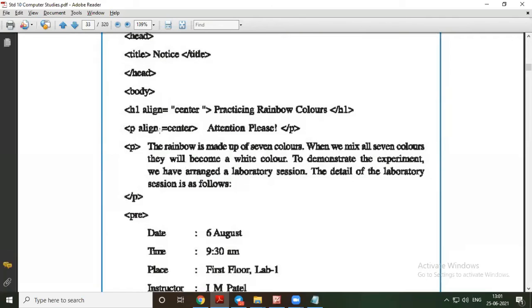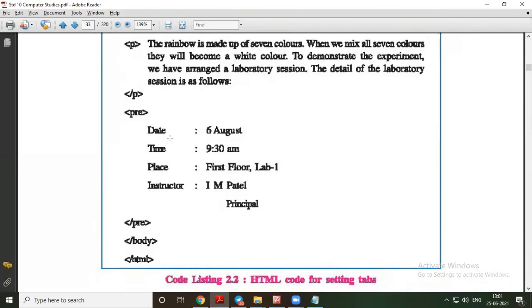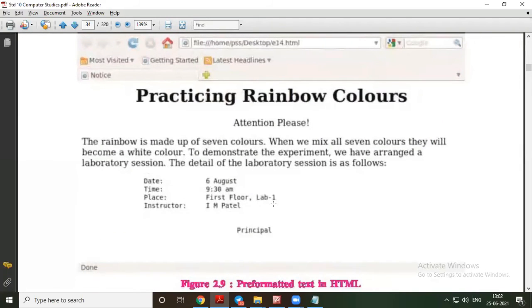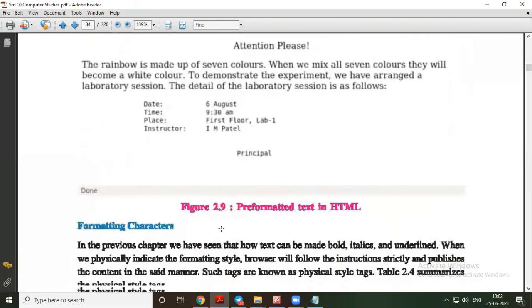Now, with the p tag, the paragraph, you can use the align attribute. With the font tag also you can use this alignment, and with the table tag also. It is not that one attribute can be used with only one particular tag; you can use the same attribute with multiple tags. Here with H1 also we are using align, and with paragraph also we are using align. So there are multiple tags that support this attribute. Now you can see the output: whatever was written between pre and slash pre is visible as it is. That is preformatted text.